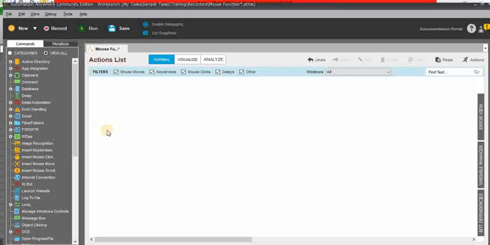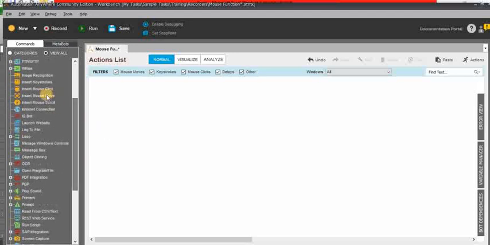Whenever you are trying to automate any kind of application, if you cannot find the UI elements or any other objects, any HTML objects, something like that, then you can go with mouse or keystrokes. But this is not a recommended method, since we have a lot of other commands such as Manage Windows Controls, Object Cloning and other commands available in Automation Anywhere. Please try with the other commands first. Unless you cannot do anything with the other commands, you can go with mouse functions.